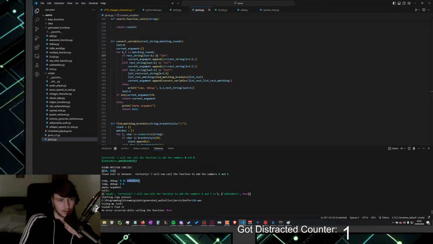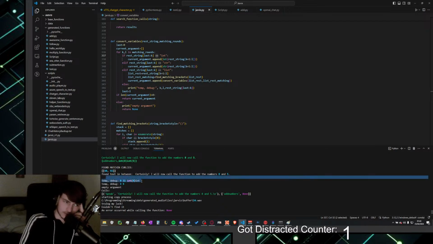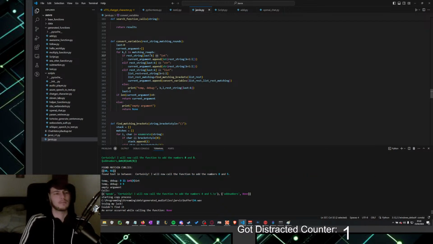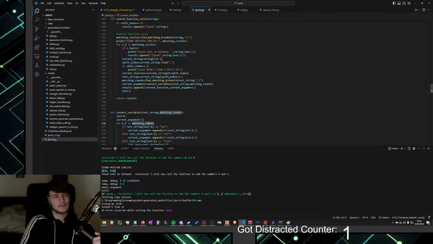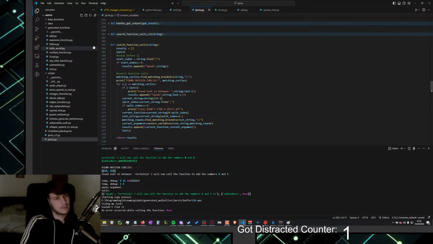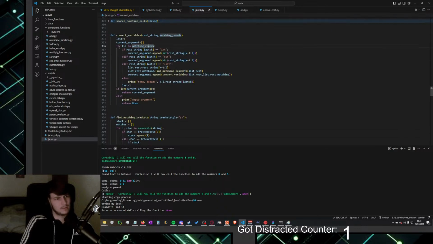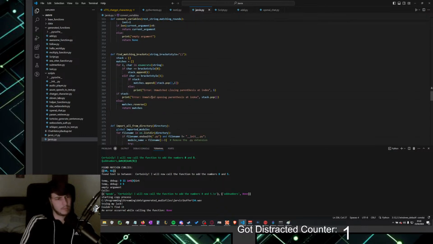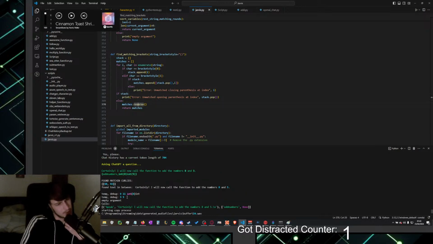Int 8. Oh. So it checked... Oh, I didn't reverse that one. Right. Wait, didn't I? Isn't that in the find matching brackets, that reverse thing? Why is it the wrong way around here?